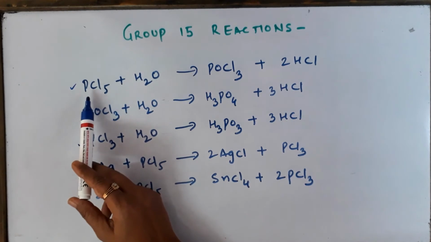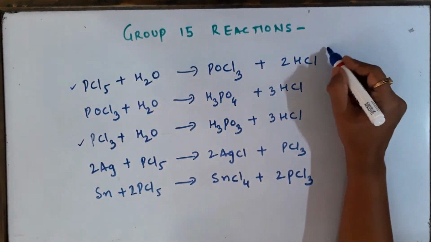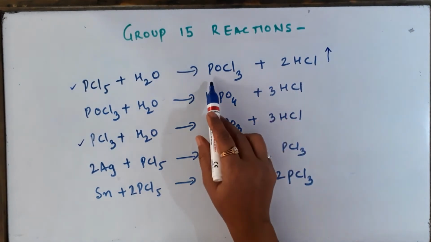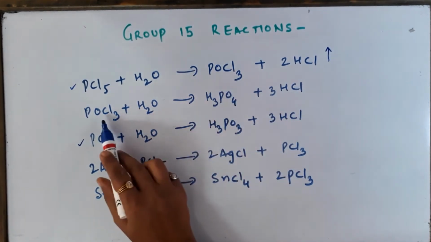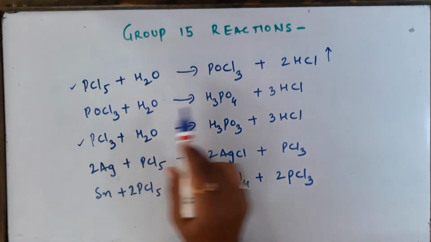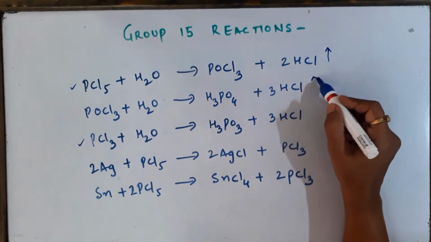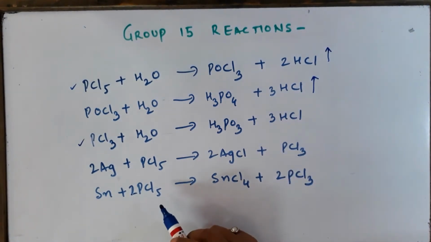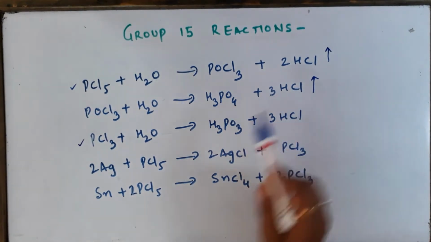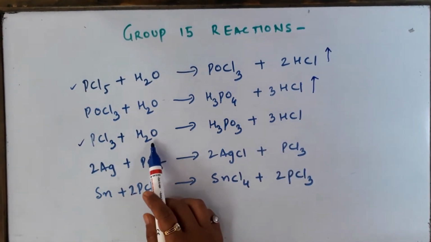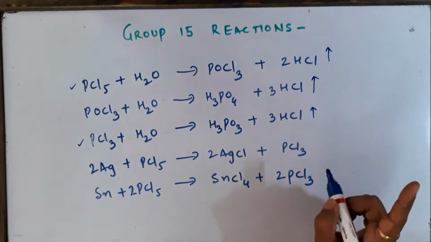So first you can see that it is reacting with water to give you hydrochloric acid fumes, first thing. And a byproduct phosphorus oxychloride. Now this will further undergo hydrolysis to give you H3PO4 and again more fumes of HCl. So you will get one of the phosphorus acids and HCl. Same thing, PCl3 also will produce fumes of HCl. Okay, so fumes are due to HCl, that point is clear.